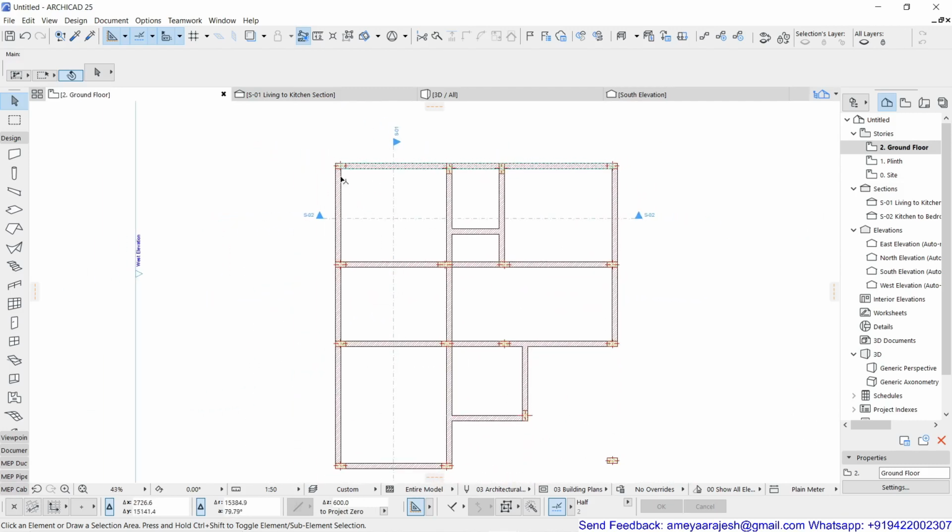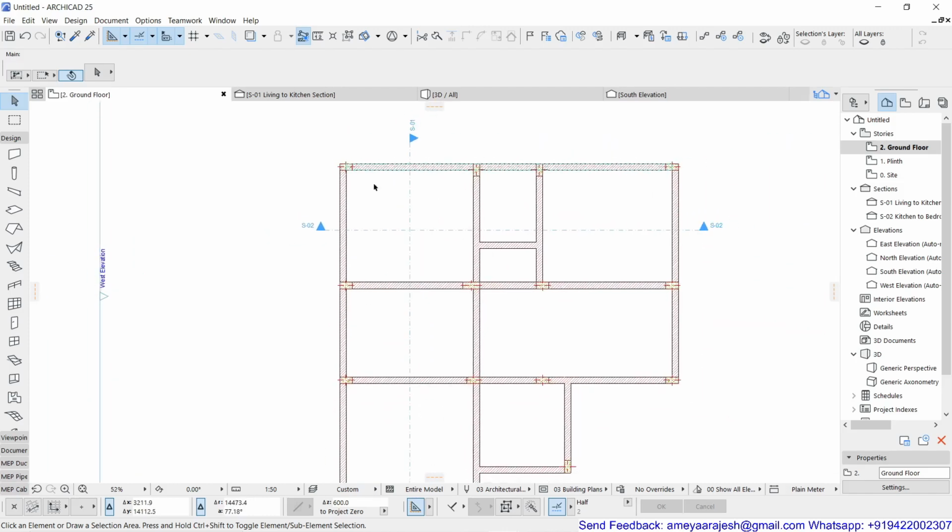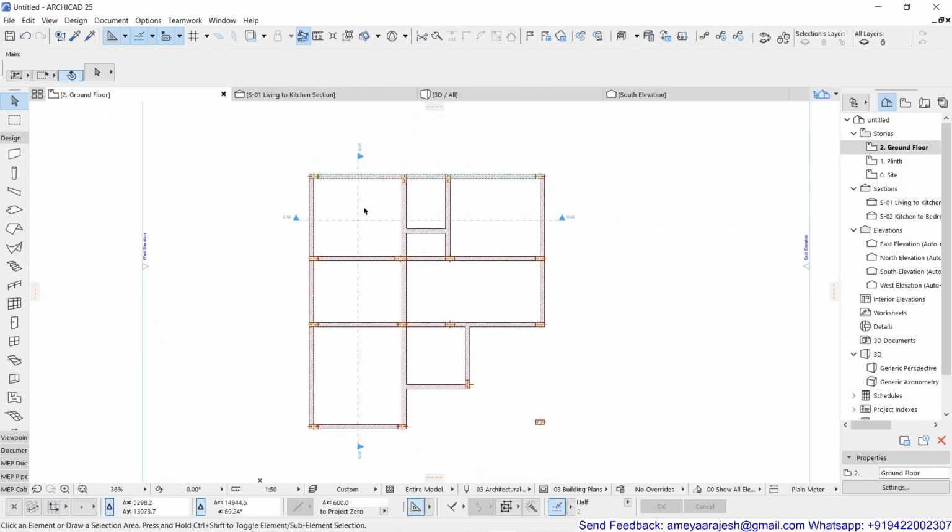In the next step, we will just talk about the basic editing of the beam. It's very simple again, the way you have worked with the wall editing, similar logic you can implement for the beam editing also. But just try this much of a part and then definitely proceed for the next part.